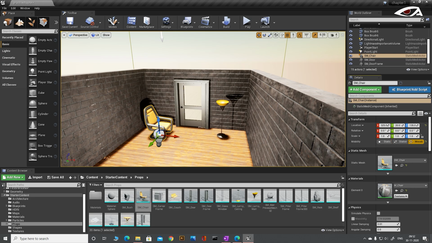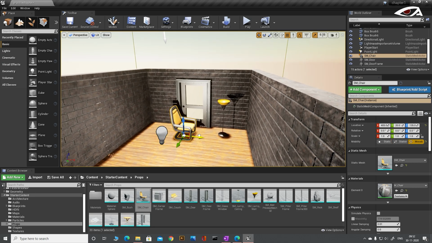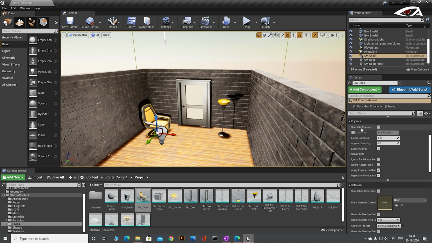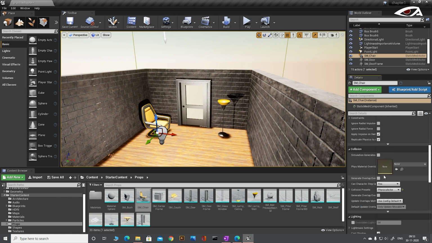And next we want the chair to be able to respond to us. Meaning if we want to move the chair from one place to another, it should be movable. So go a little down in details to the physics settings, and make sure the checkbox for simulate physics is checked. When this is checked, the auto settings set the collision to be a physics actor.